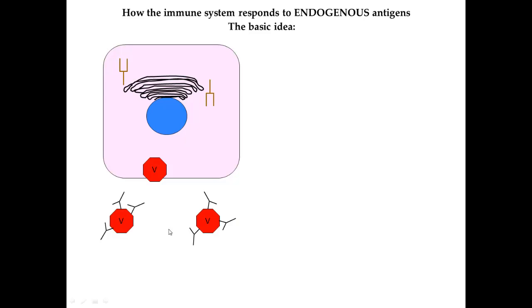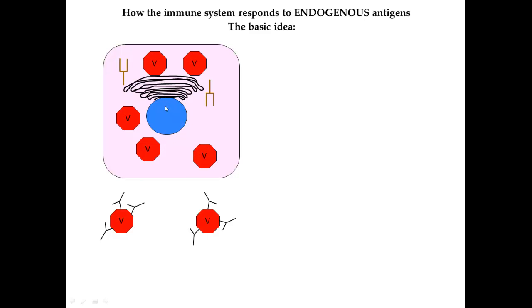Now that we've investigated how the immune system deals with exogenous antigens, let's take a look at how the immune system responds to endogenous antigens. And before we dive into all the nitty-gritty and all the cells involved, let's just get the basic idea. One example of an endogenous antigen is as a result of a viral infection. When viruses make their way into our body, some of these viruses will be neutralized by antibodies. But there will be a few particles that still are able to make their way into our cells and hijack